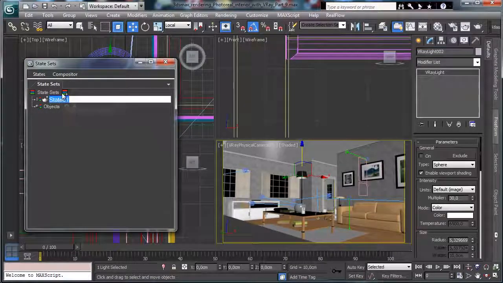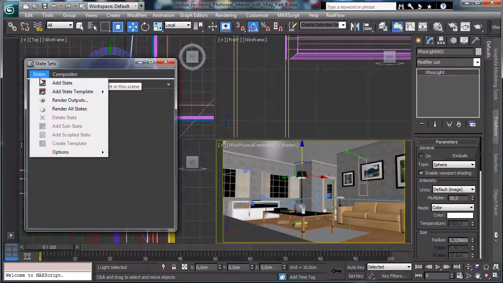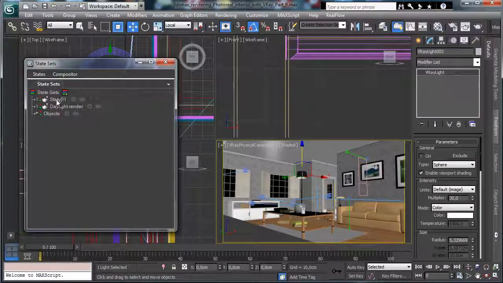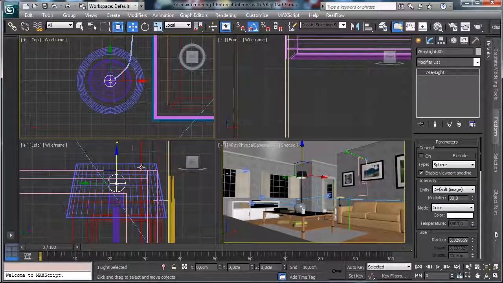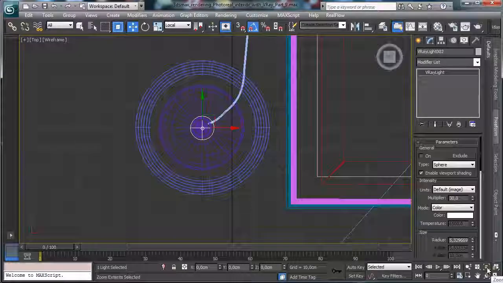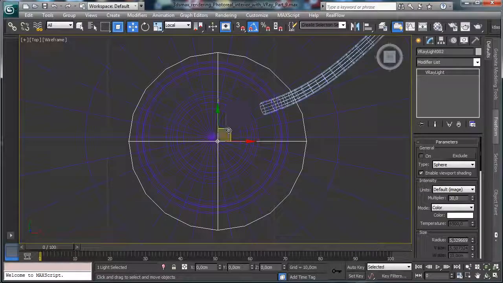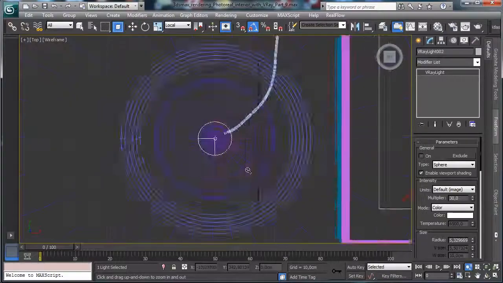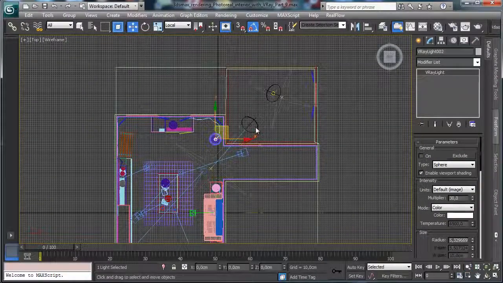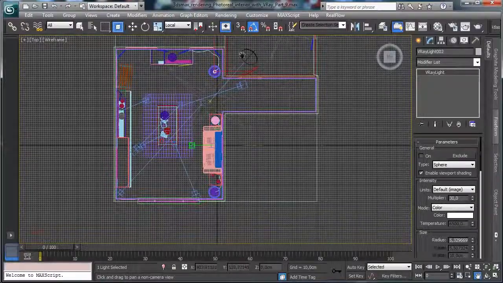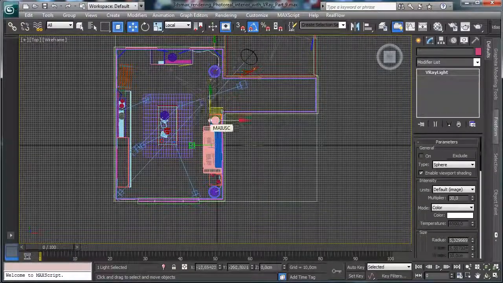And we can call this one daylight render. And now we set a new state, and this one is night time. So we can continue to put more light inside the scene, and let's go at full screen with this one. This one can stay in the middle, and let's zoom out, and we have the other lamp there,